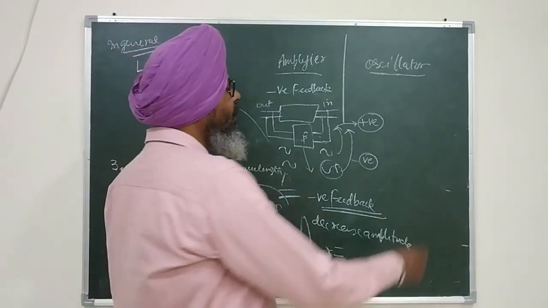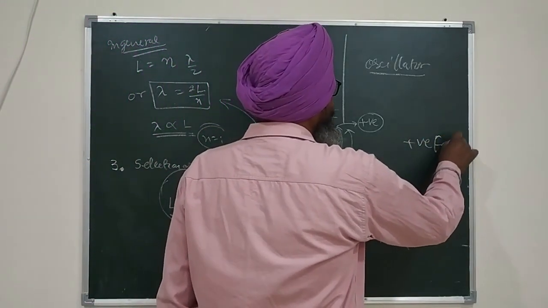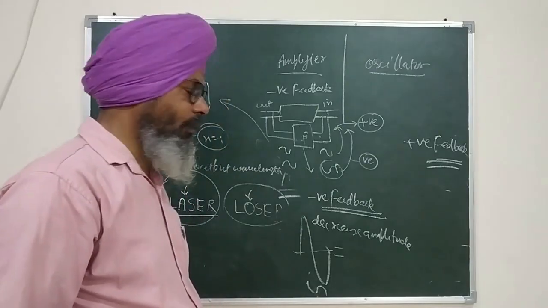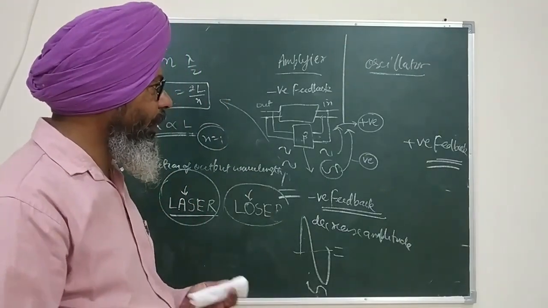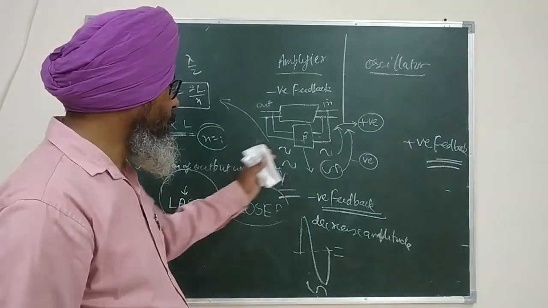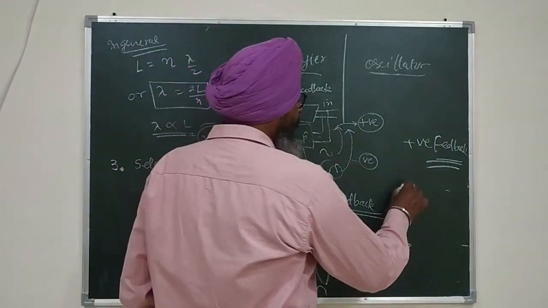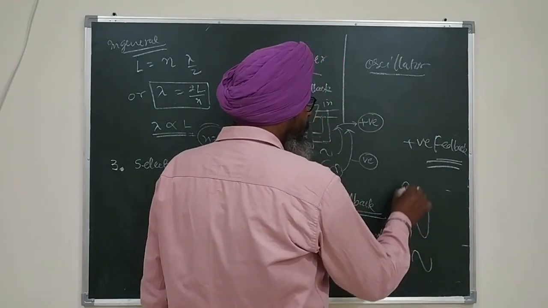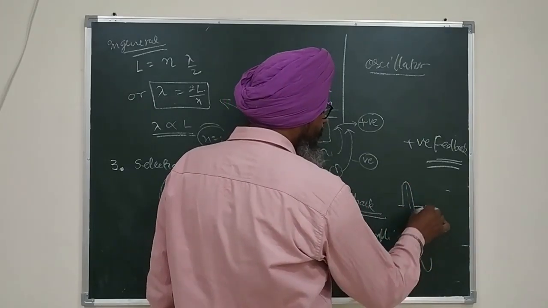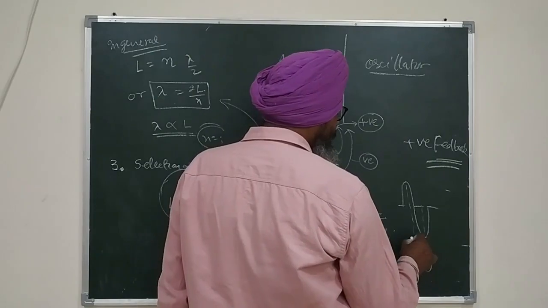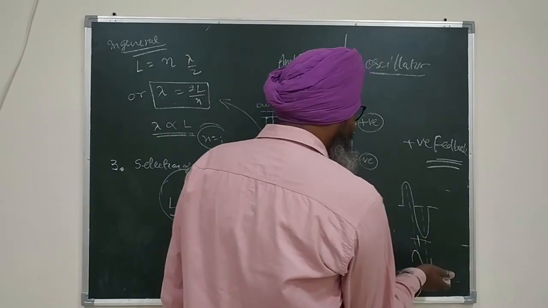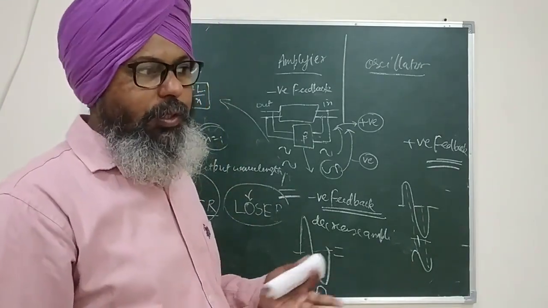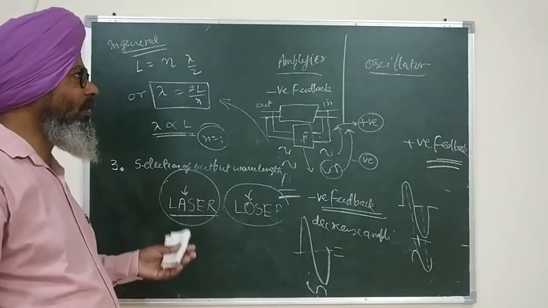And in case of an oscillator, there is always a positive feedback. How do we identify that feedback is positive? Because we do not introduce any phase change. So if I place a big signal and I place a feedback signal, both are in phase. So crest in front of crest and trough in front of trough, and when such two signals superimpose, the resultant wave will be of higher amplitude. So positive feedback always results in higher amplitude.